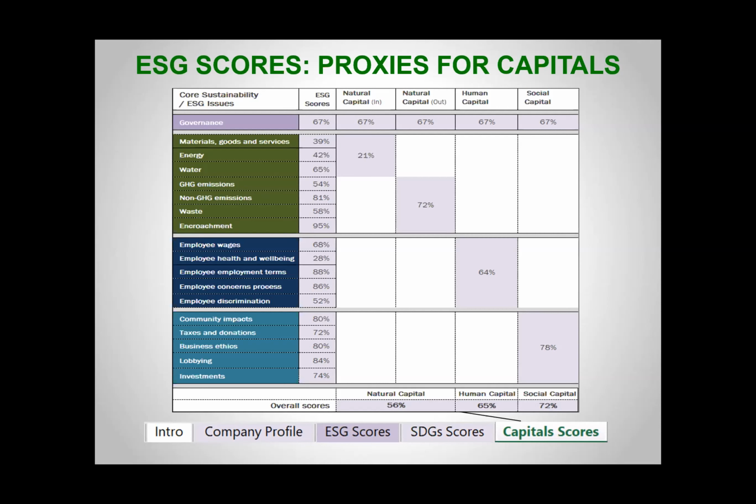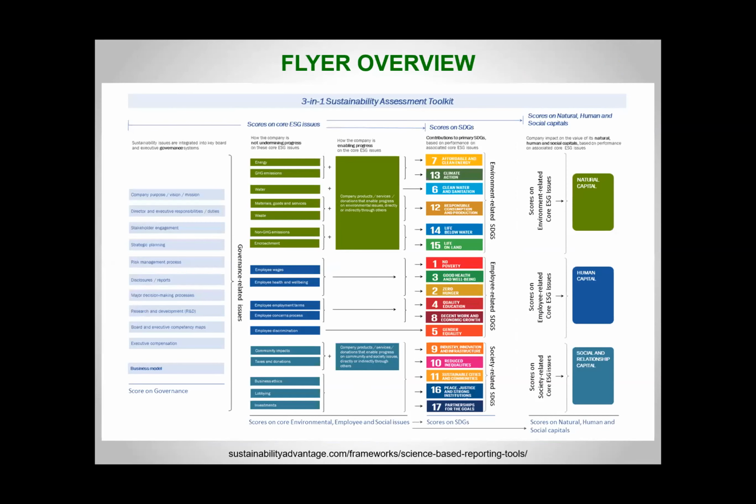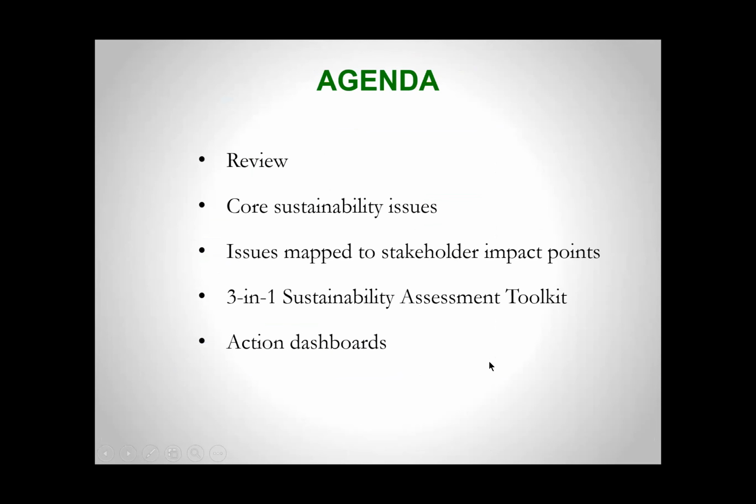You don't care how much water there is, you just care about the level. So that's the magic of this. There's a flyer you can download from the website as well, which shows how all of this works. This is the governance set of questions. You figure out how companies are doing on this, including the positive things that they're doing, relate those to scores for the SDGs, and the same scores relate to the capitals. So it's just a different graphical way of showing what those things are.